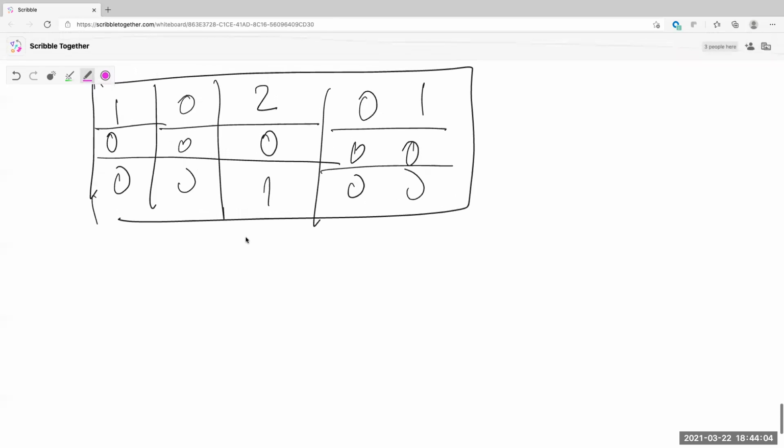So let's see what happens. This will become distance 1, this will become 1, and this will become 1. Since these are distance 1, this will become distance 2, and this will become 2 as well, but it will take the maximum of